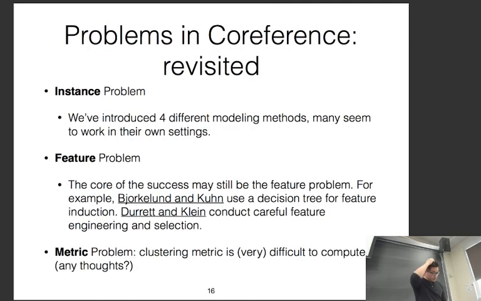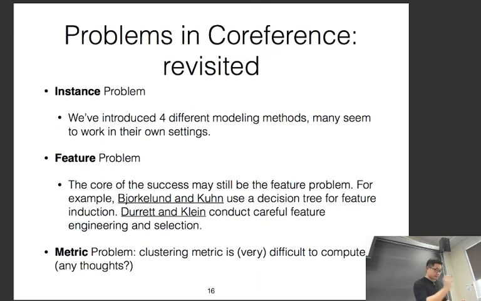Okay. Yeah, we have 3 problems we just said. For instances, we have created a lot of ways of creating instances. We either create trees, we create pairs, we create clusters. There are all different ways of creating instances. For features, we show that some papers use a very complicated set of features, like we have 39 feature templates from Kuhn's paper, and